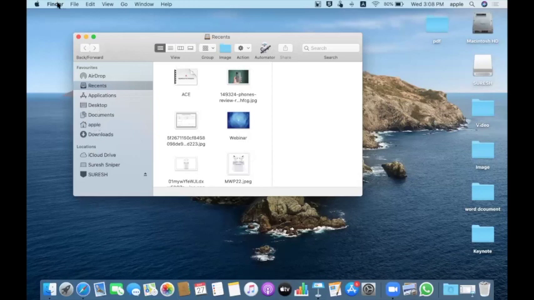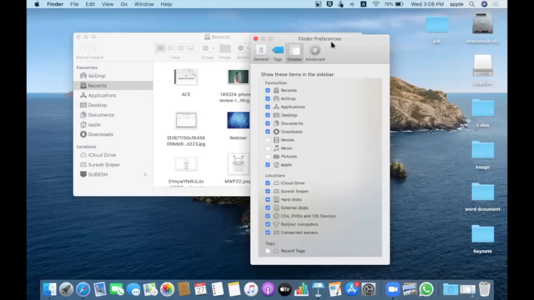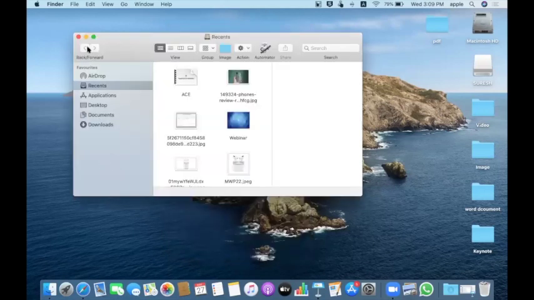So you can go to Finder, Preferences. You can click on Sidebar. You'll get all the options here. Whichever preferences you like, you can enable. When you click it, it will be enabled here automatically. If you don't want to see your home folder, pictures, music, and movies directly, if you uncheck it, it won't be displayed here. Similar for iCloud and your external hard disk. If you don't want to show any of these, you can disable it directly. If you want only limited items listed here, you can do it.